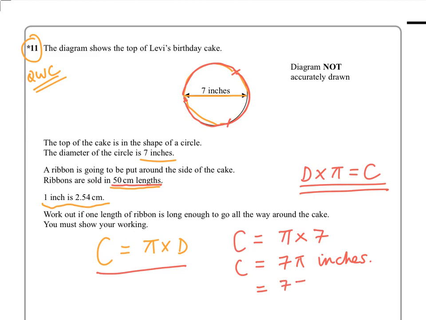So we just do 7 pi, and then that's inches, so we must times by 2.54 to make it centimetres. So we can use your calculator for that, and we get 7 times pi times 2.54, and in this instance I get